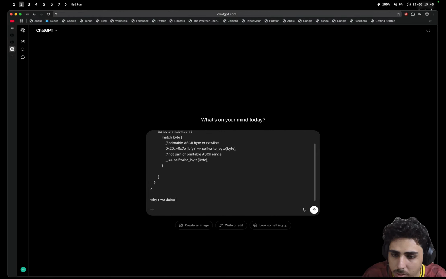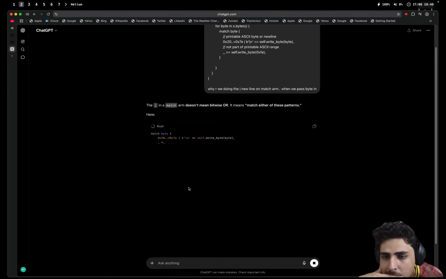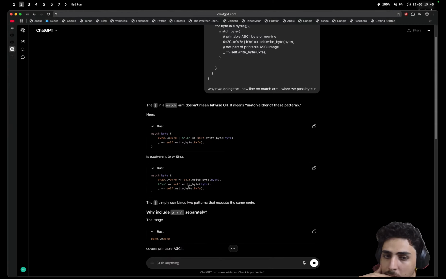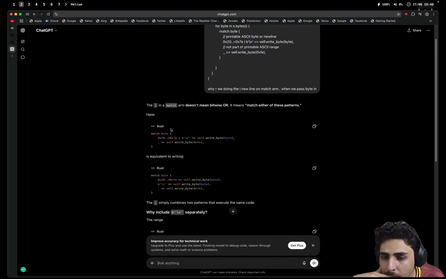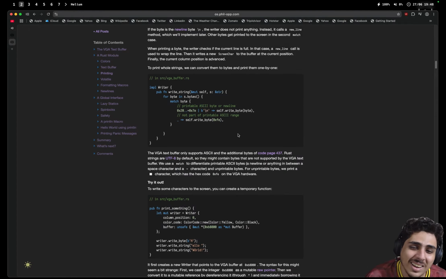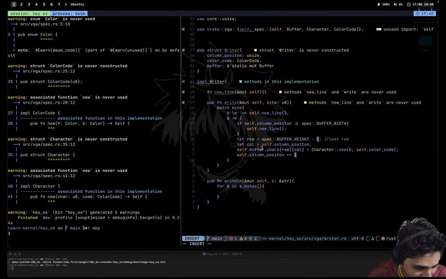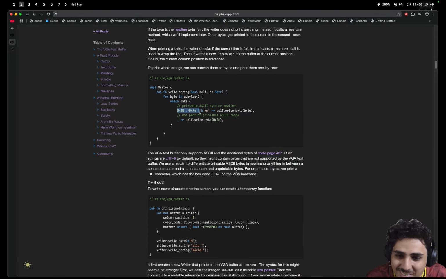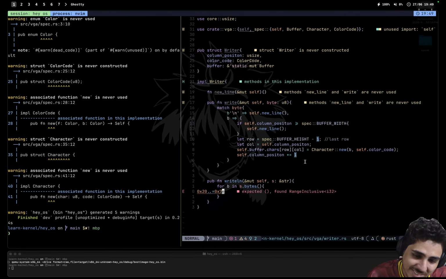Why are we doing the pipe new line on match arm when we pass byte in? Oh, it's an OR. It's just an OR. Okay, new line is not in this range. No, I'm not gonna do that unreadable thing. Just give me this range. Okay, if it's this range,